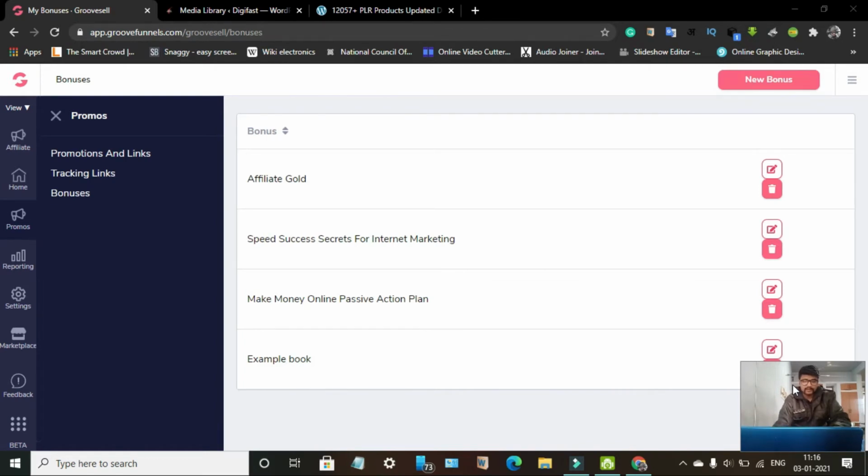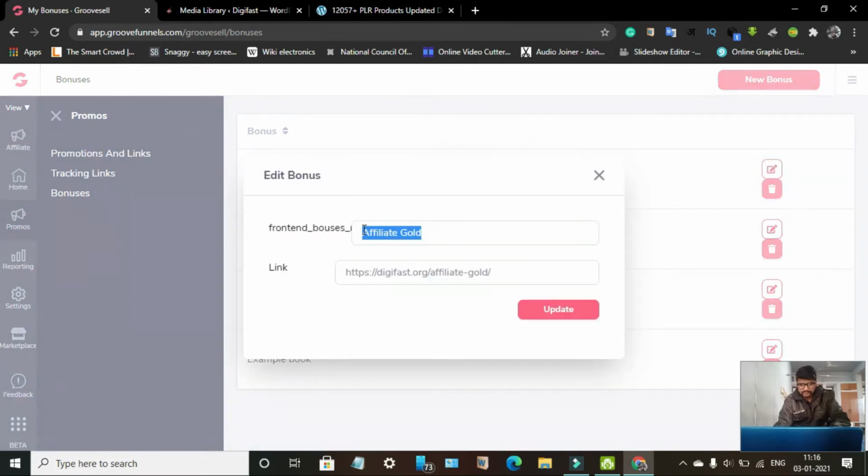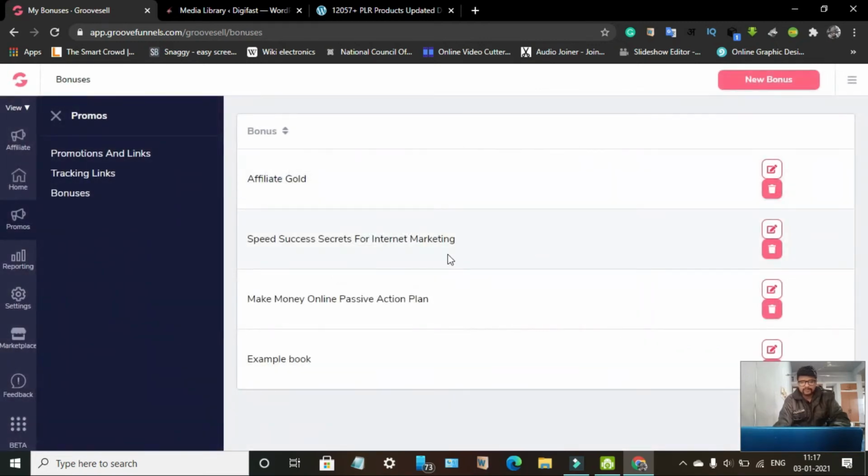GrooveFunnels will send you a sequence of emails with these links. Let me show you these links. This is the title of the book and this is the link. This is the link of the book I will give you for free. Whenever a user clicks that link, the file is automatically downloaded to his or her computer or mobile.